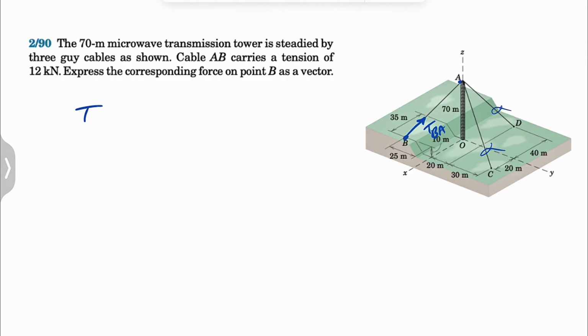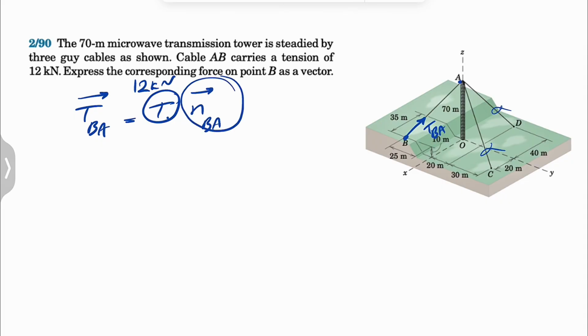Basically, our tension in the cable TBA in a vector form would be the magnitude times the unit vector BA. The tension is given in the question. We know it's 12 kilonewtons, so all we need to do in here is just to find the unit vector BA, and that should give us the final tension that is applying at point B in a vector form. So that's going to be 12 kilonewton times